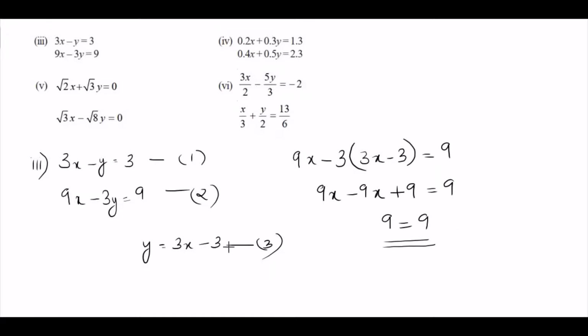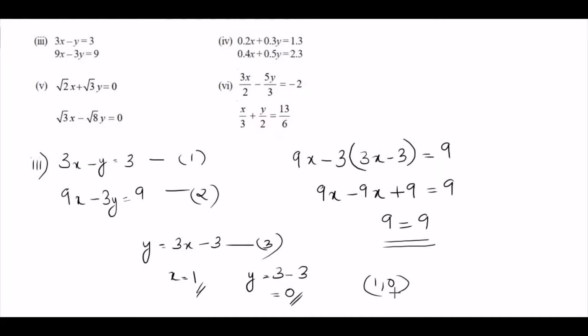If you want to find out the values, just substitute some random values for x and get the solution for this equation, and that will be the solution for the second equation. That is because both of these are coincident lines. So if you want to find out the values, just substitute some values. When x is 1, the y value is 3 minus 3, that is equal to 0. So (1, 0) is a solution. There are many solutions, so you can find the solutions like this.